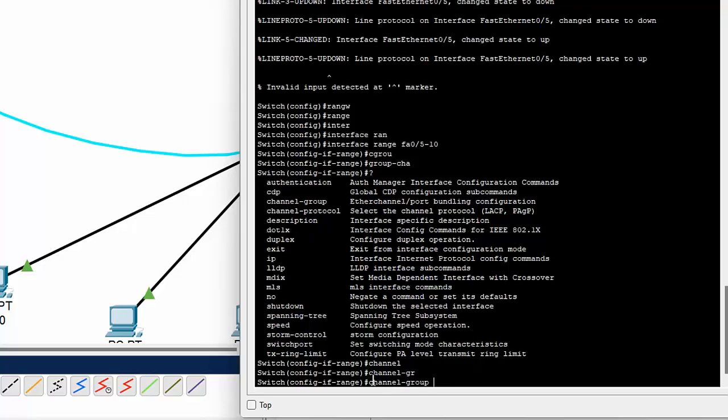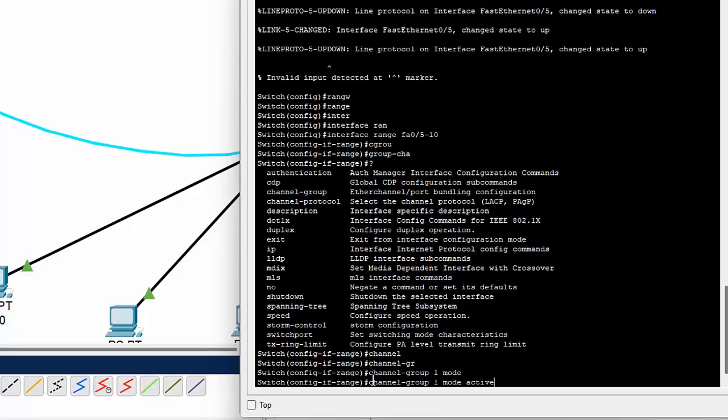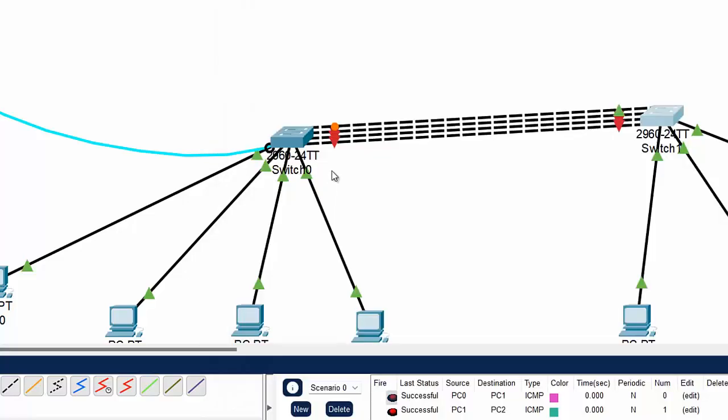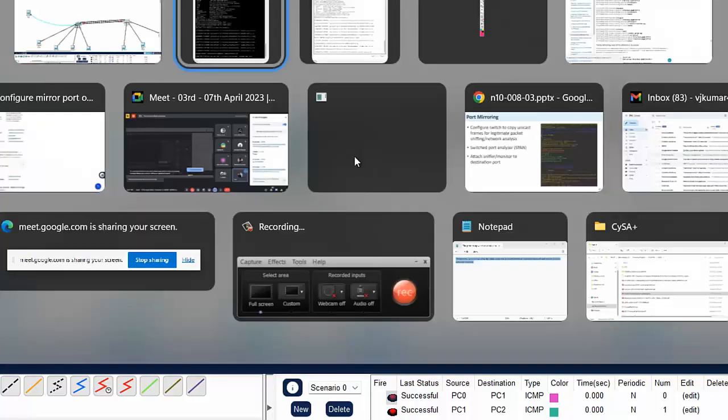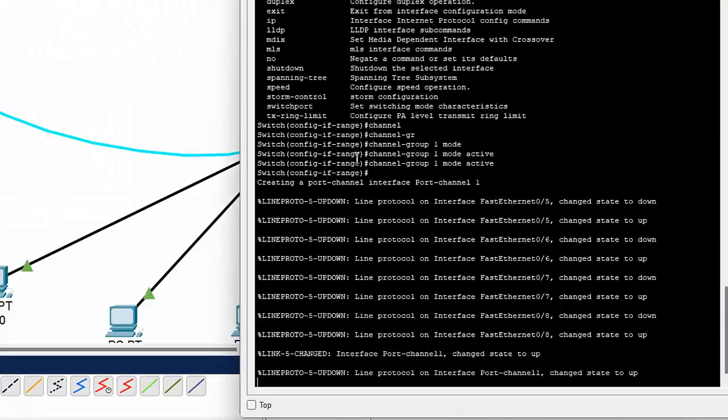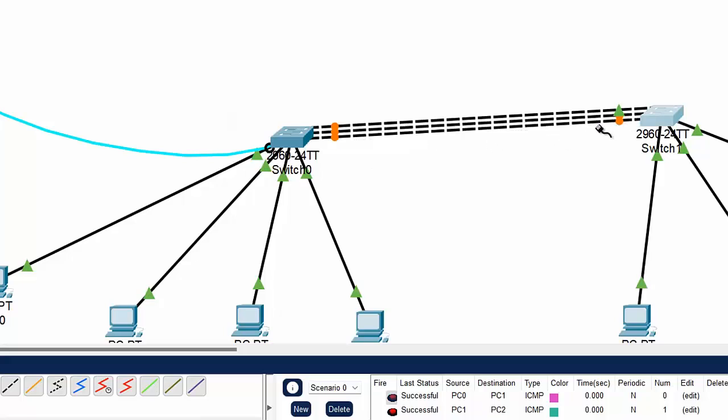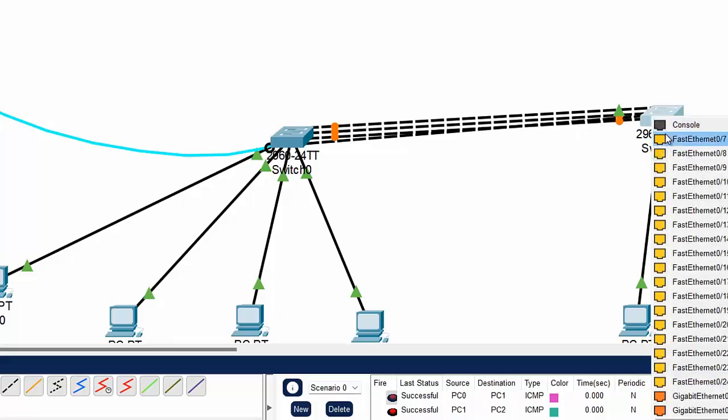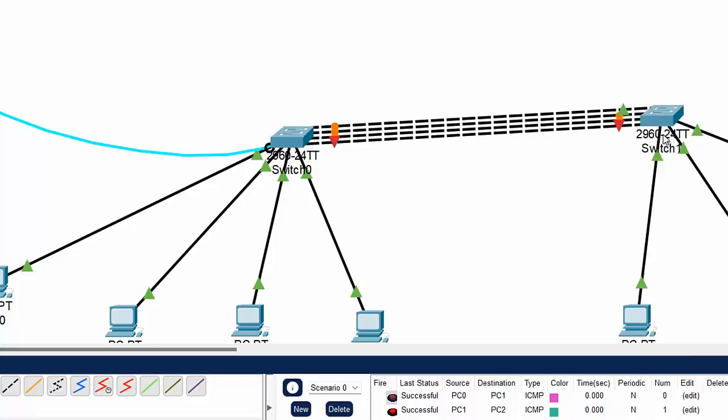Channel-group 1 mode active. Here it is. After some time you can see this interface is down, the link has been down, but after some time it will be up. Okay, and make sure you are connected from 5, 7,